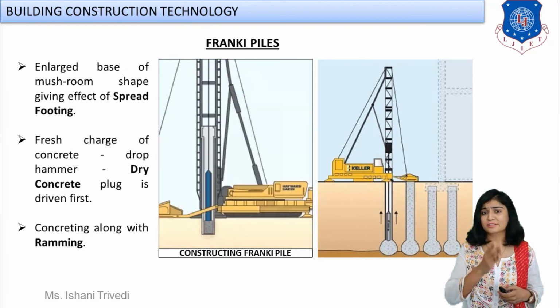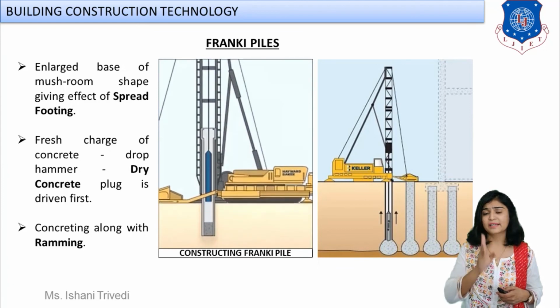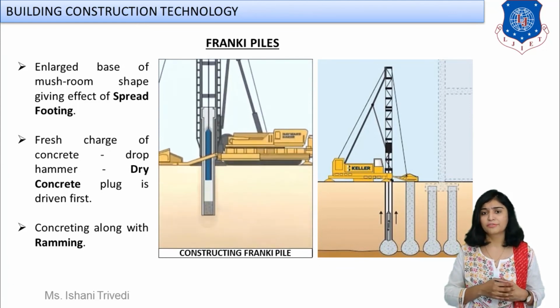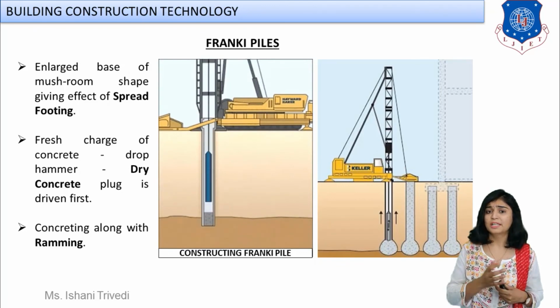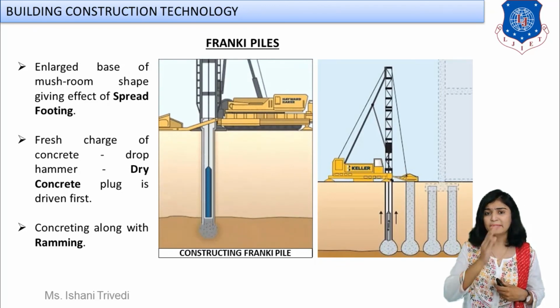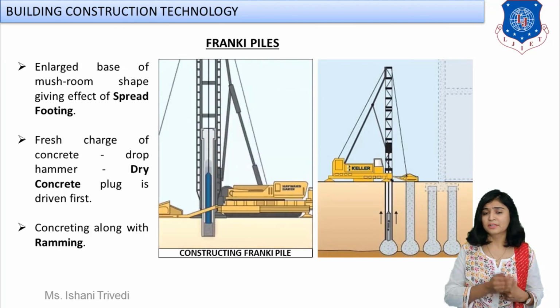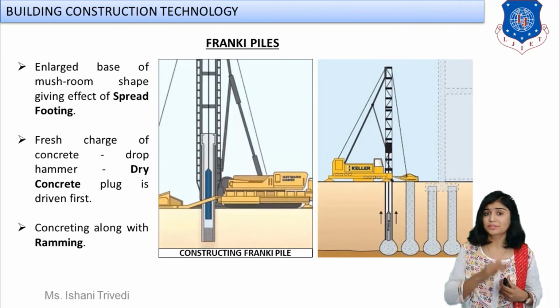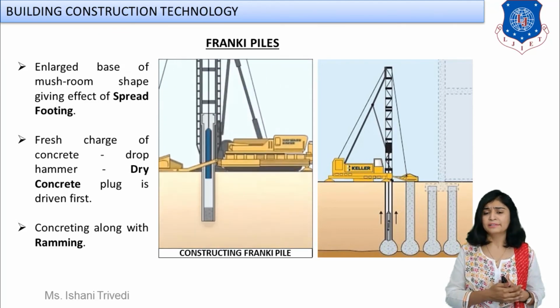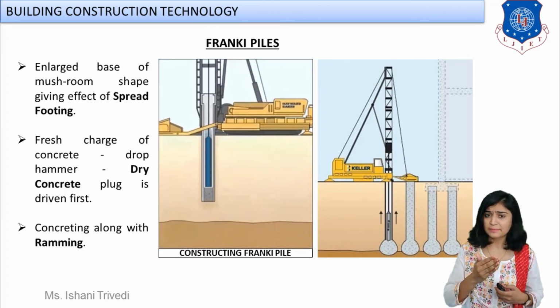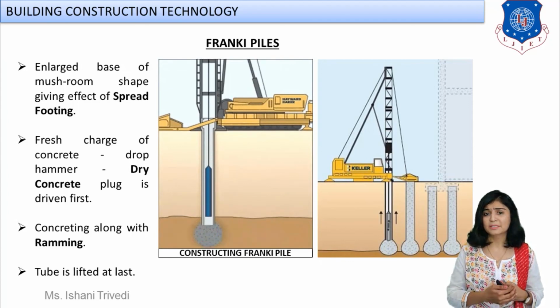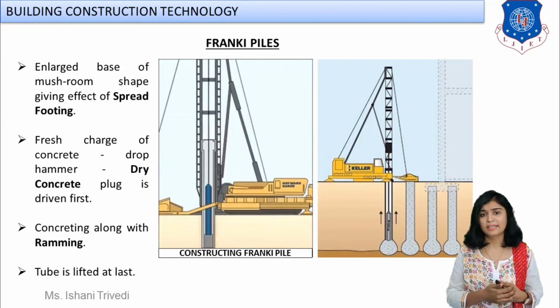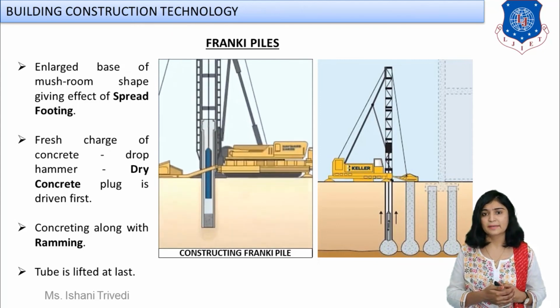The finished construction stages you can see in the second image which is flashing in front of you. Can you see that once the bulb shape is formed at the bottom with the help of dry concrete, the remaining part will be filled with the necessary designed concrete along with drop hammer compaction? And this makes your which type of pile foundation? Franke piles. Okay students, also please mark that simplex piles and Franke piles are very commonly asked in university exams.